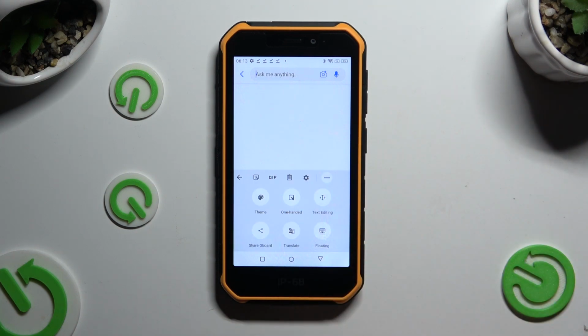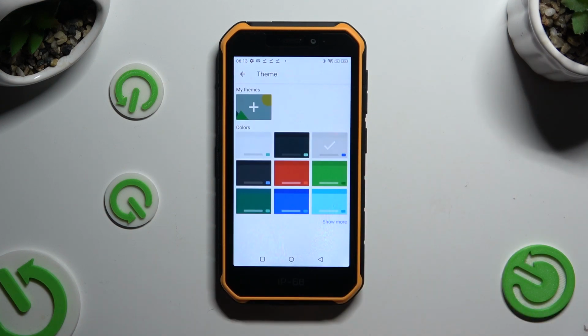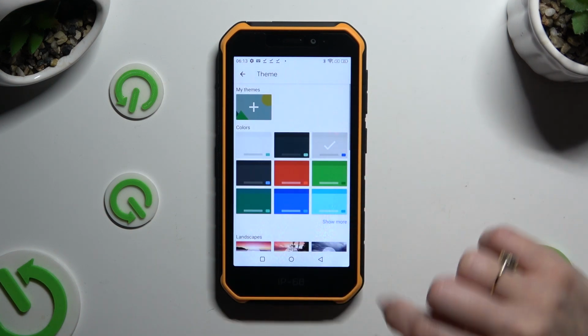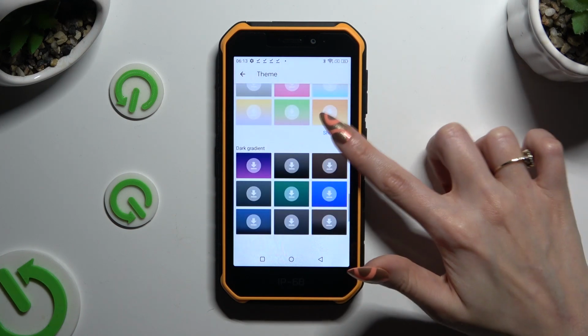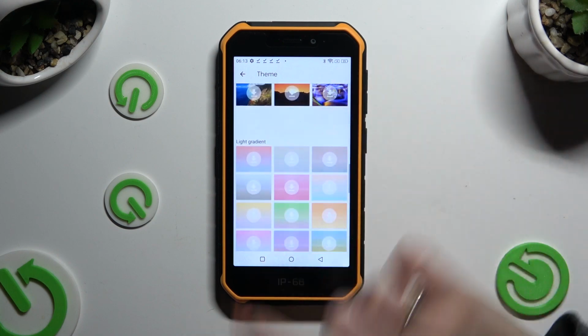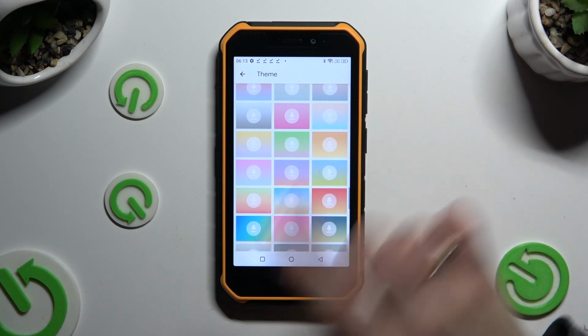Then hit Got it and tap on Theme. Now, by tapping on Show More at the bottom right corner, you can see all available ones. After selecting the best one for you, by clicking on it,